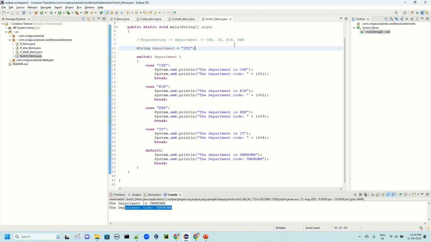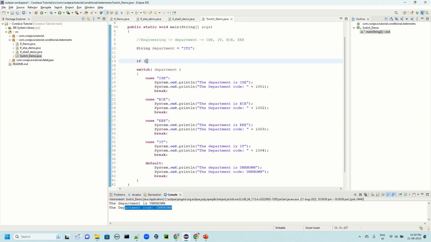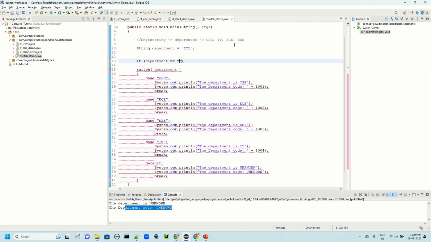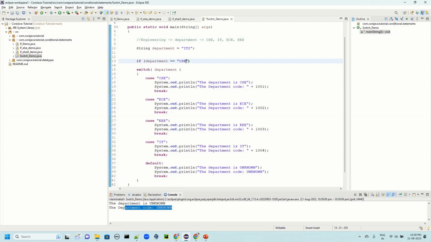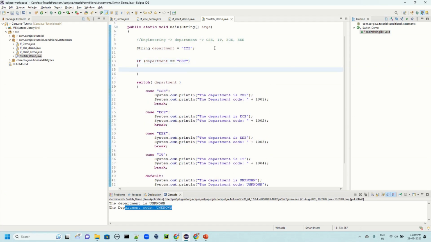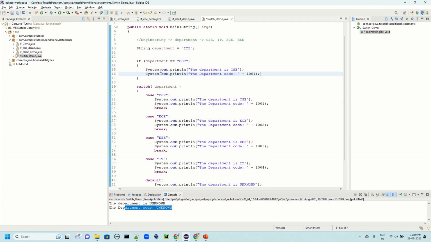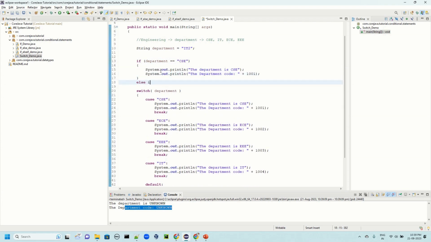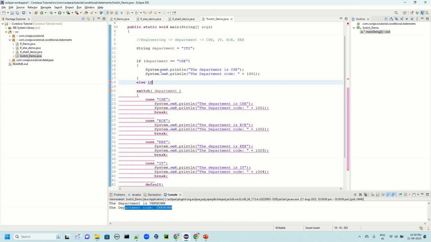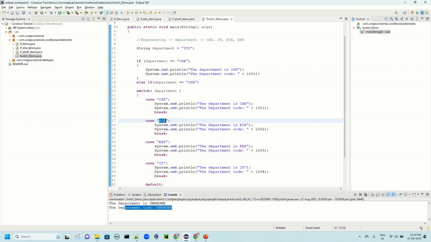We can simply write if department equal to CSC, then we can put this. Then if department equal to EC,